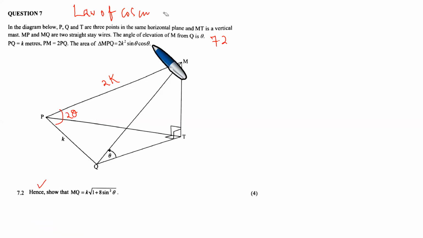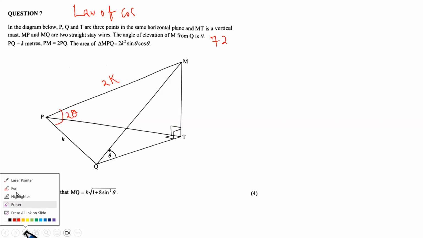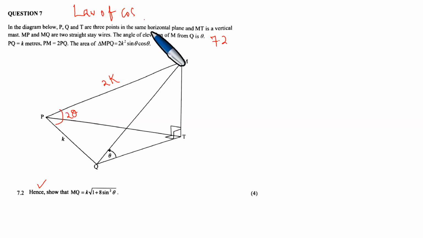So we continue over here. The law of cosines, or the cosine law, or the cosine rule. First we tell the examiner that, Mr. Examiner, because you want MQ, and we can see it is opposite the angle 2 theta, and this one here is 2k, and this one is k. The triangle that is fitting is triangle MQP. So in triangle MQP,